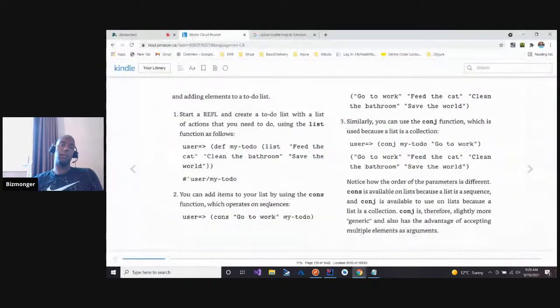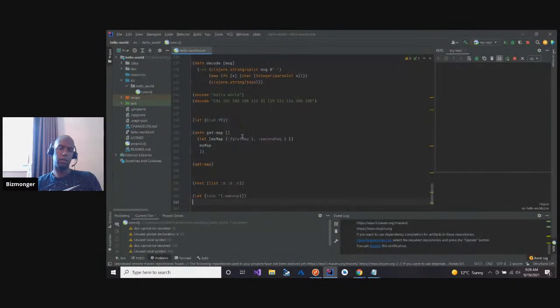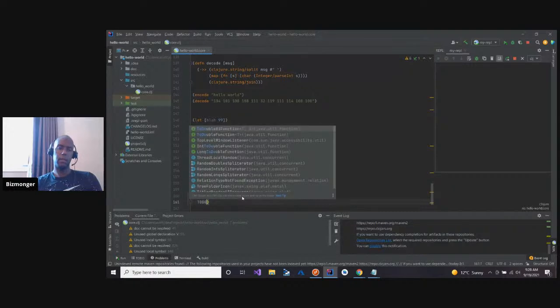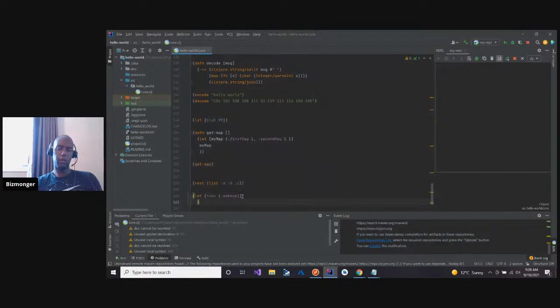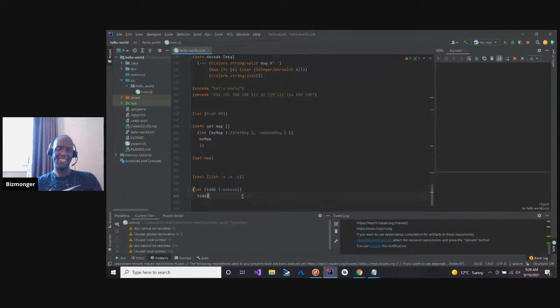I'm so confused. You have to return a value in that let. Oh, okay. It probably annoys you watching me trying to learn this. Ah, shoot. It still gives me the same thing.